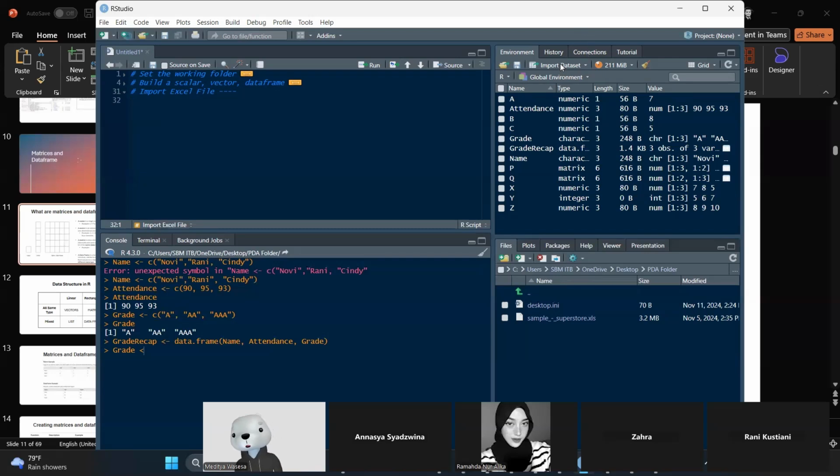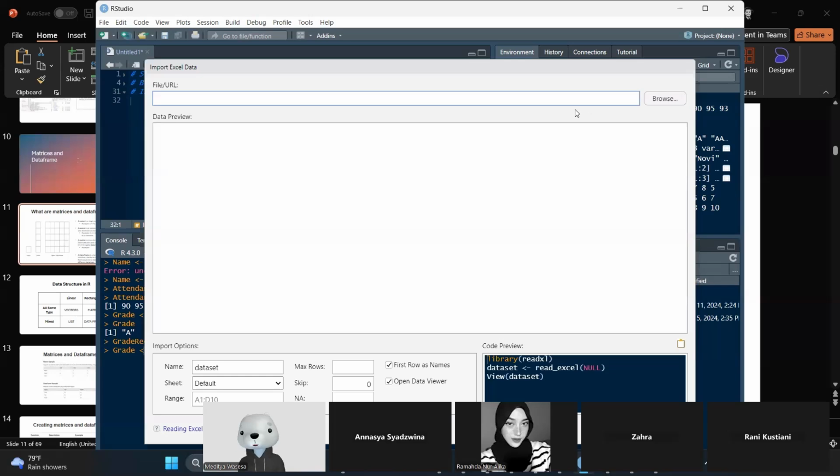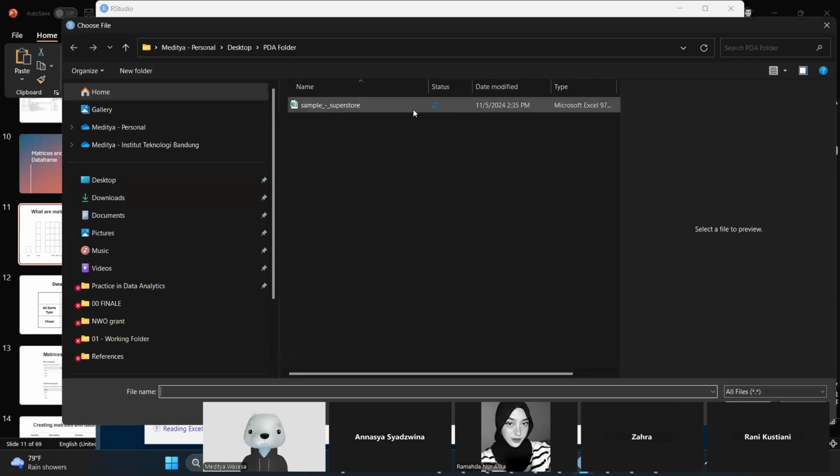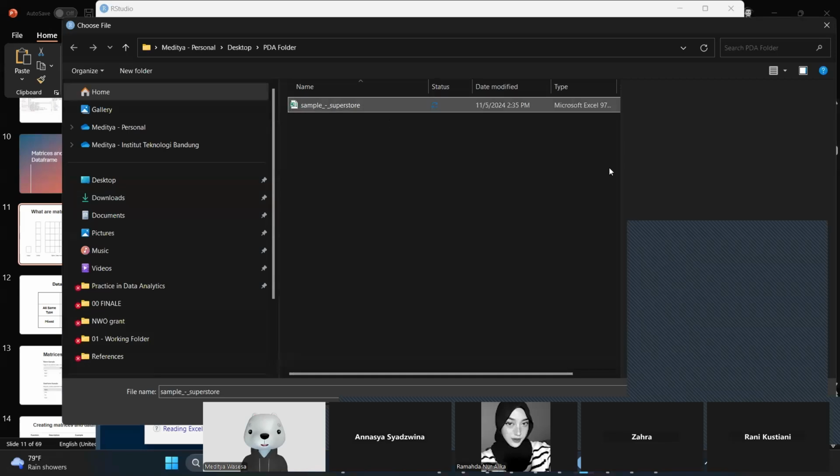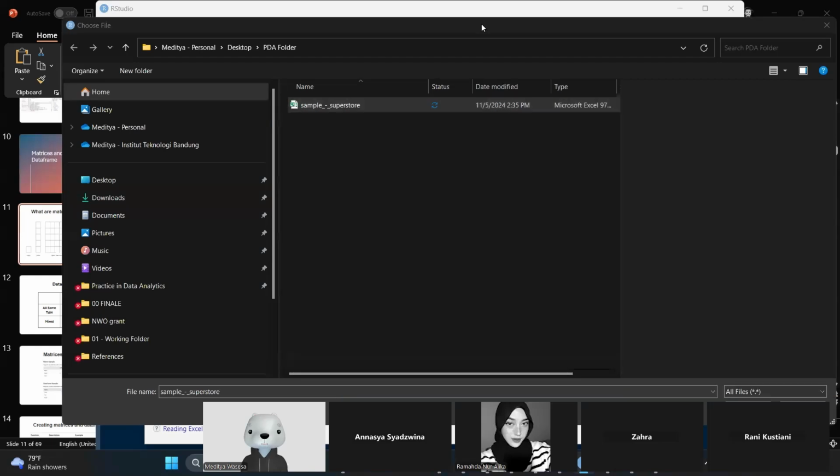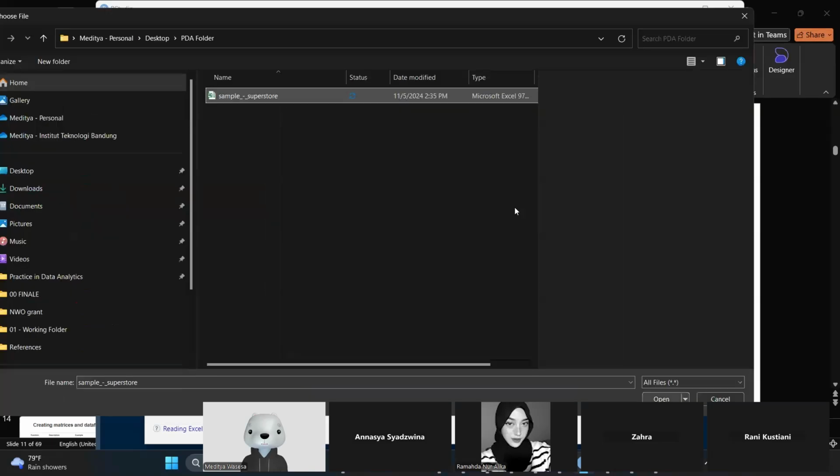You click it, and then it depends on the type of the file that you would like to import. In our case, it's Excel. You click Excel, and then you locate the file that you will import, for example, the Superstore. Browse, and then you locate the Superstore data, and then you press open.